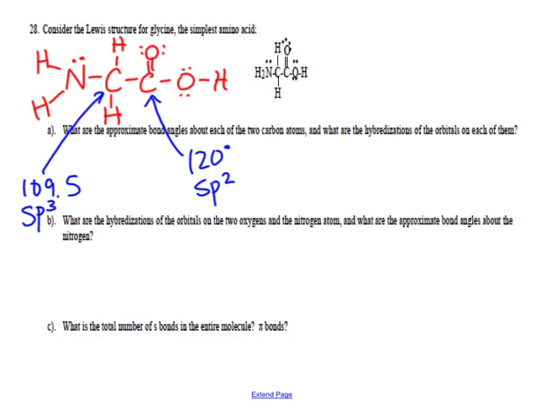So I'm going to do the nitrogen here. What is the bond angle? How many areas first? 4 areas. So what's the bond angle? It's less than 109.5 because of that lone pair. It's about 107-ish. And what's the hybridization? sp3. It's still 4 areas, regardless of how many of them are bonded or not. And then